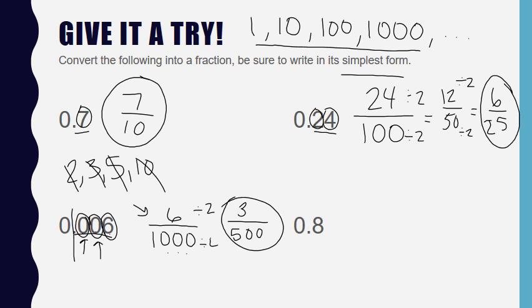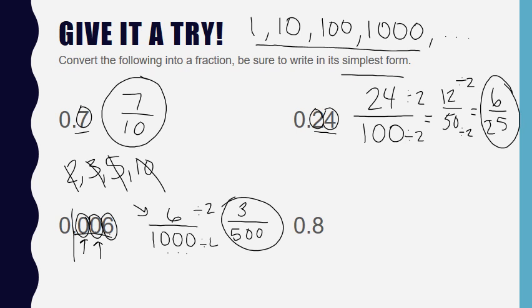Last one we have here, I recommend that you pause the video and try it on your own. When you're done, you can play my video and see if you get the same thing. So pause me right now. All right, so I think we're ready to move on. For this problem,